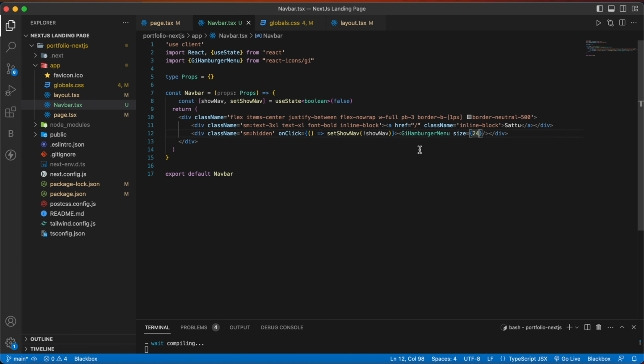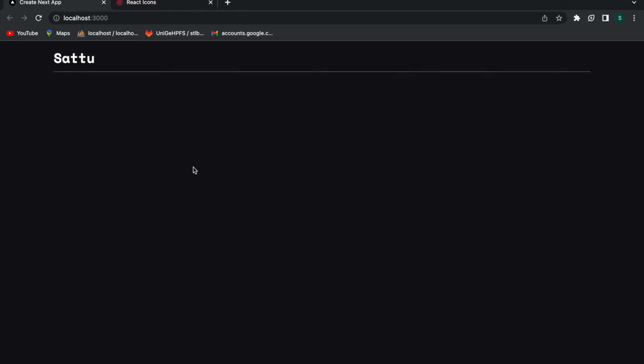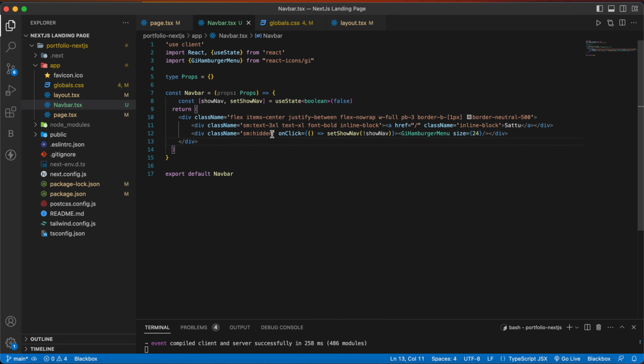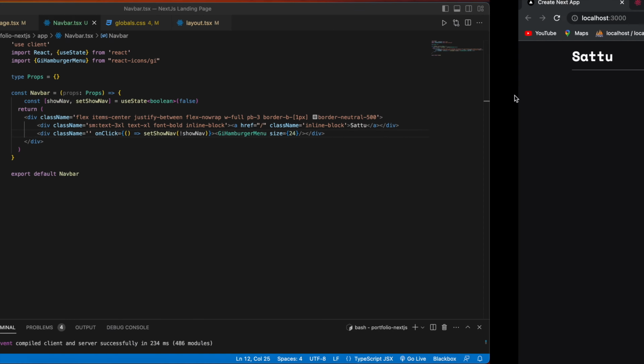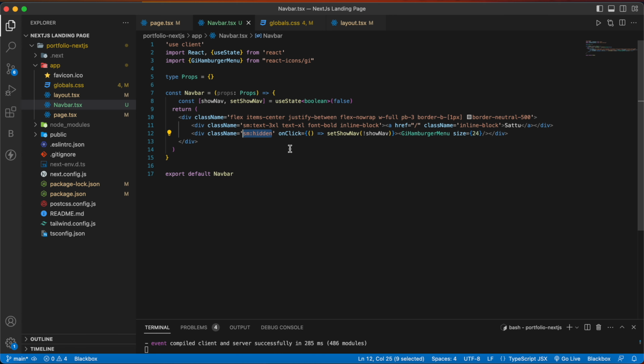Now let's save it and go back here, and for a second let's note this CSS. Let's save it and go back here, and now you can see our icon here, and below this div we are going to have our name,